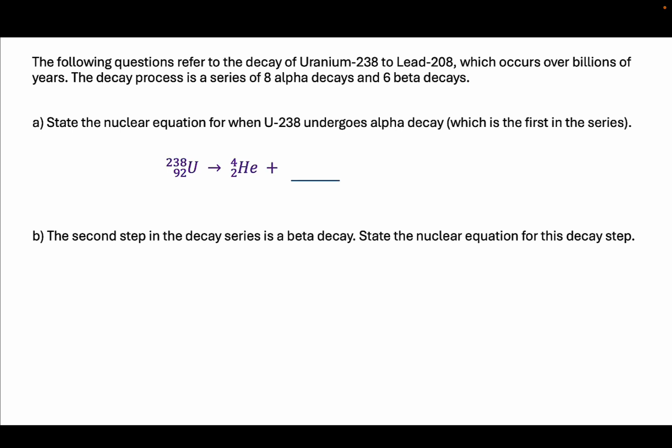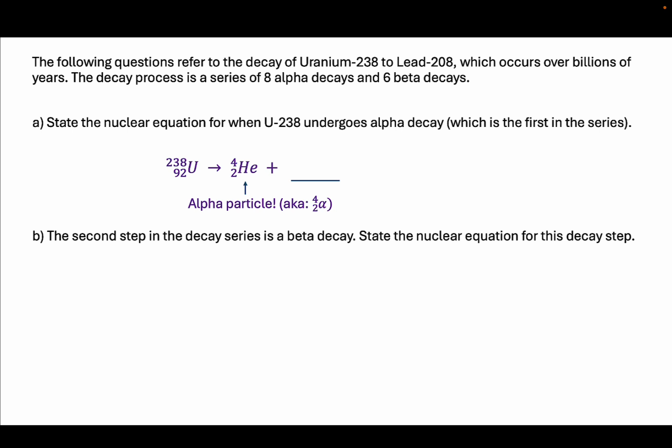And when we seek to find the product of this reaction, it's good to lay down what we know. And in this case, it's that we have uranium-238. It's undergoing alpha decay and will make an unknown isotope plus our alpha particle. And that alpha particle is a helium nucleus. This notation shows that it has 2 protons and 4 total mass, the bottom number being the charge, in this case the number of protons, and the top being the total number of mass containing particles, the nucleons, meaning protons